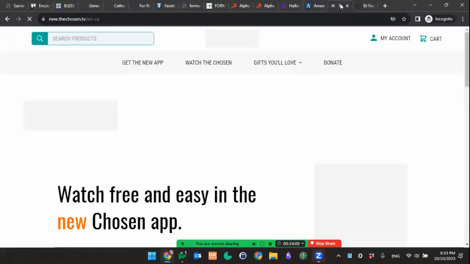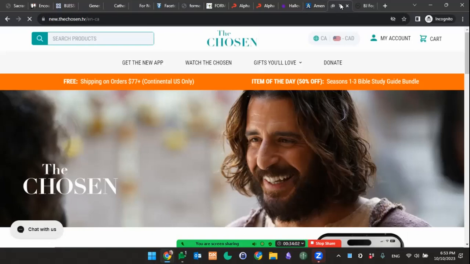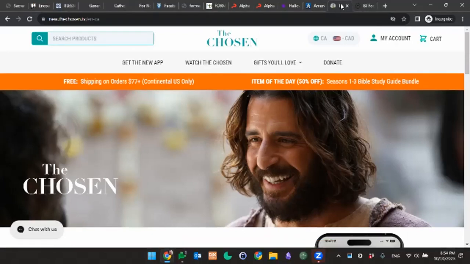Another thing I might point you towards is called The Chosen. It's an extremely well done TV series that looks at the life of Jesus and his apostles and the disciples and everybody gathering around him in the crowds, and what that might have actually been like. They've released 3 seasons so far, and I think they're planning 6 or 7. It's really well done, and it's a great way of getting our imagination going about what it might be like to be with him. So I might be pointing you that way as well.